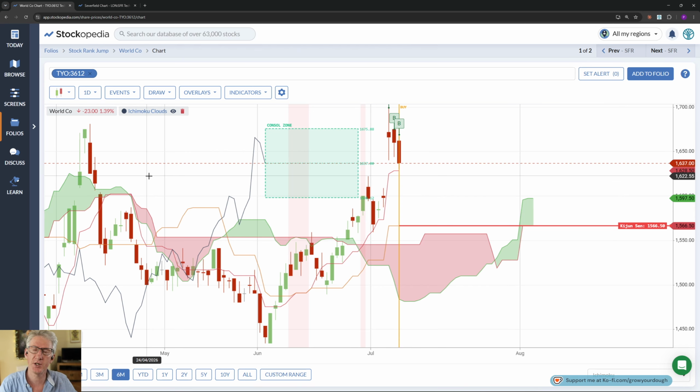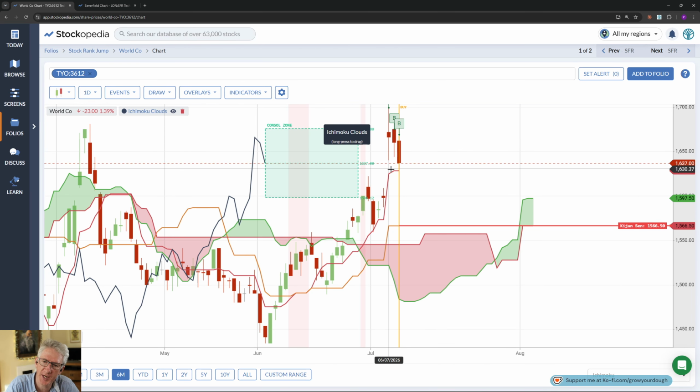I want to add in another scenario now. The stock rank isn't 85, but it has weakened. Maybe it's gone below 90, but this stock is still trending really nicely. I might not be ready to leave the party just yet and sell my stock, but I have got another